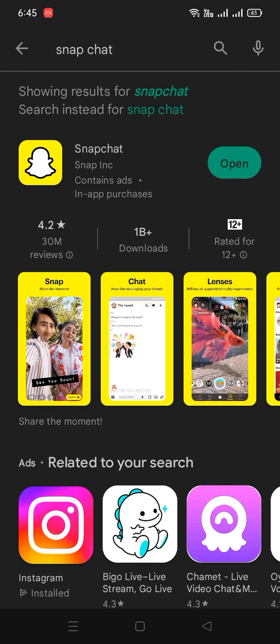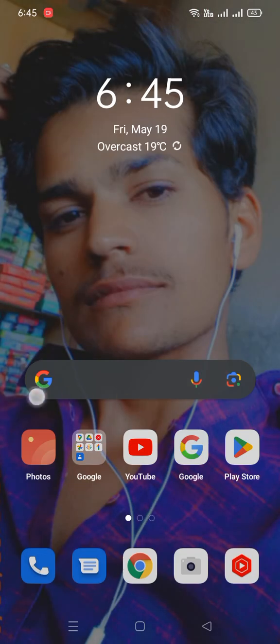After that you have to again open the mobile Play Store and search for Snapchat. So guys, update complete. If you have not completed the update, then first you have to complete the update. After that you have to open your Snapchat app. So guys, it's working. Open your profile icon,